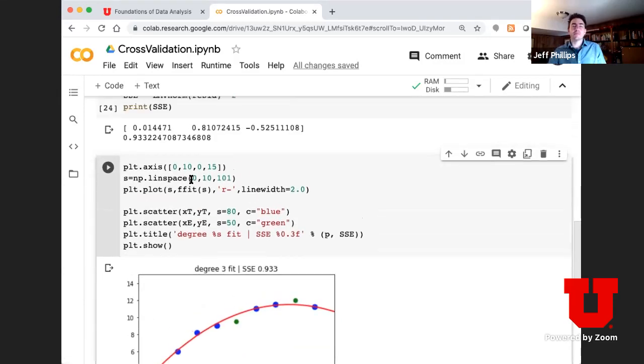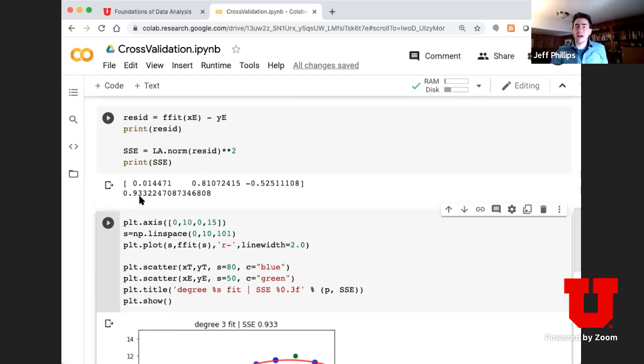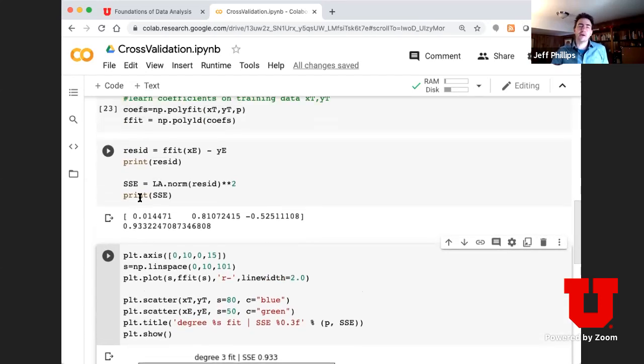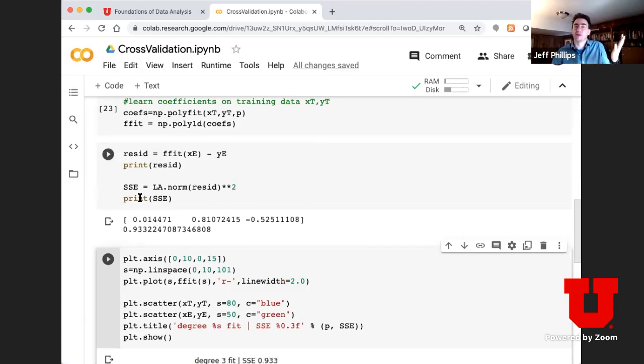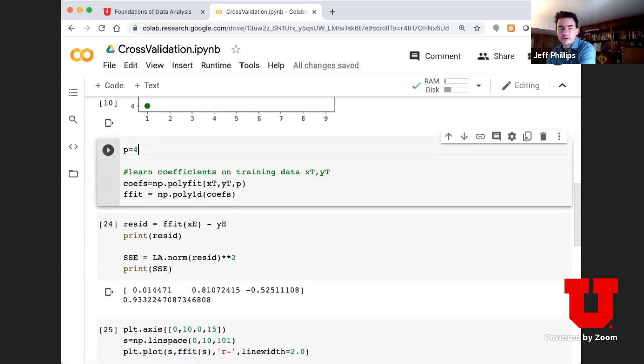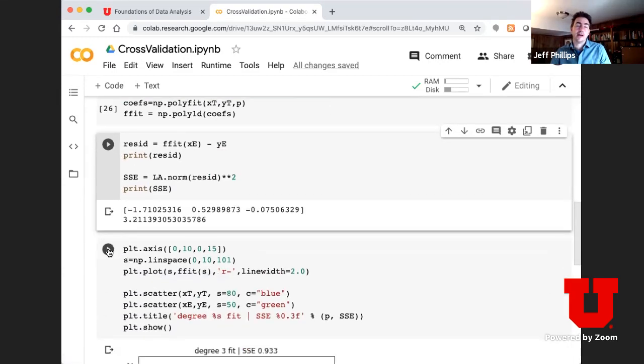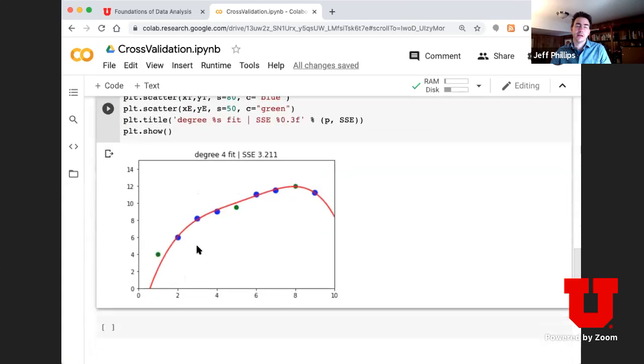If the score is about the same, I should probably go with the simpler model. If this had been slightly less, if this had been 0.90 instead, I still probably should have gone with the model of 2 because it's simpler. But this is worse. Let's try 4. Degree of 4. Now I have an error above 3 again. On this point, which is outside of the training data, it's really extrapolating here, so this point is probably giving me most of my error.